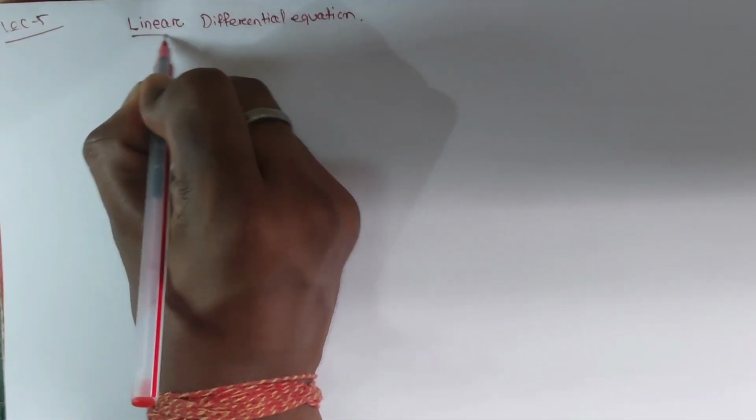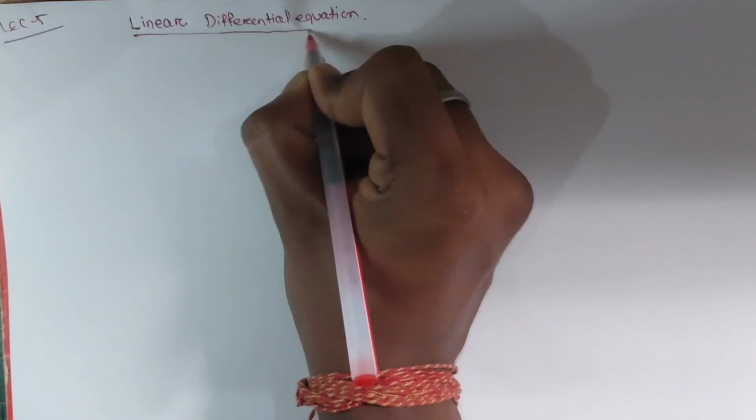So today we are going to talk about linear differential equations. We already talked about separable differential equations, and then we talked about homogeneous differential equations. Now we are going to see the solution of linear differential equations. And here, linear means the power is 1, where both the power of the derivative and the variable